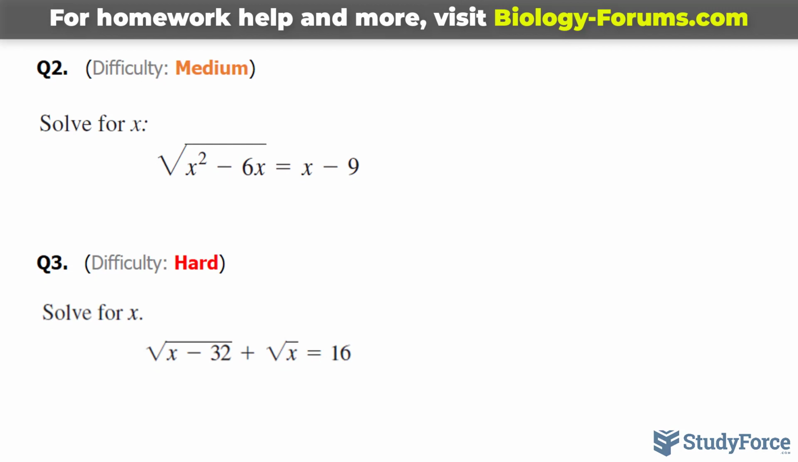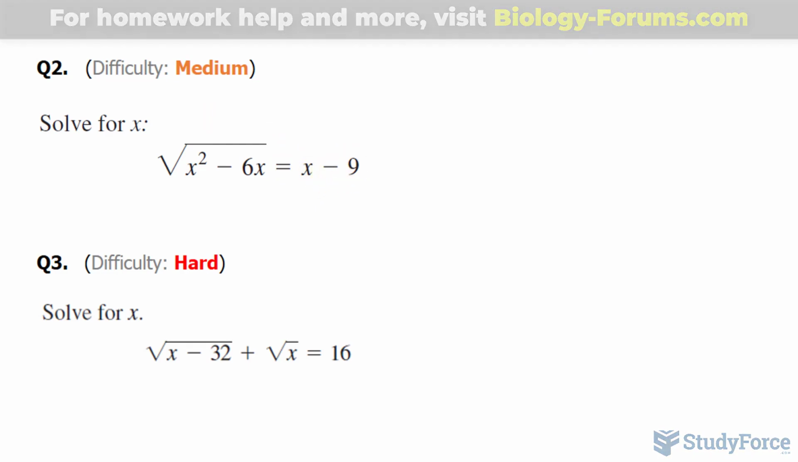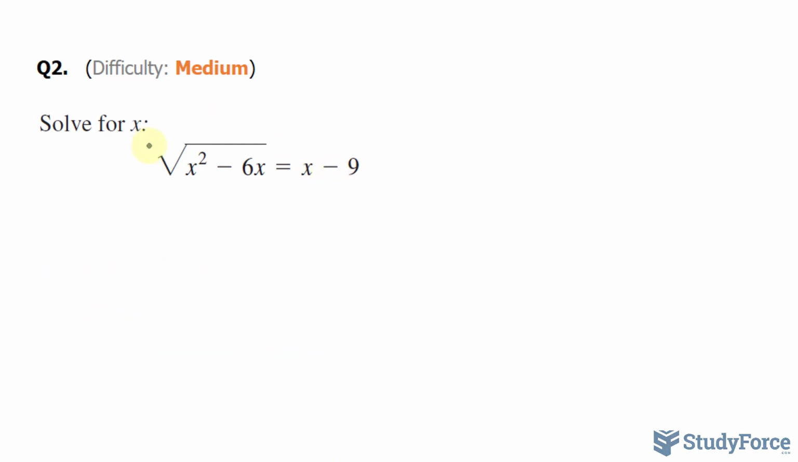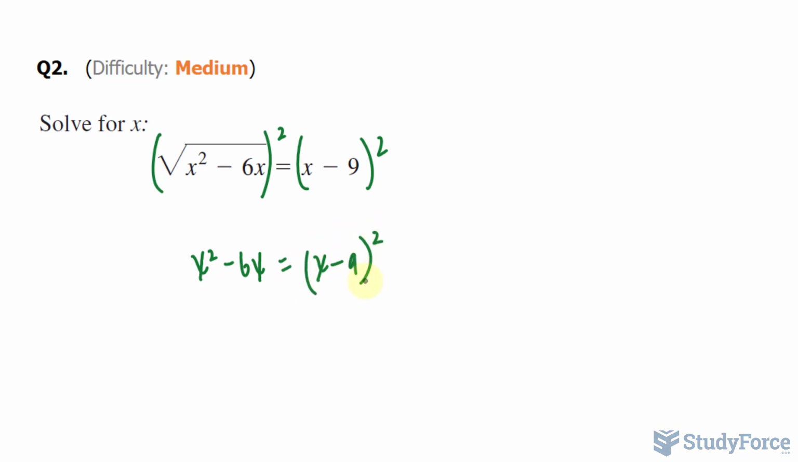Moving on to the medium level question, we have the square root of x squared minus 6x, that's on the left side, is equal to x minus 9. So again, I'll use the same technique as before. I'll square both sides of the equation so that I can eliminate the square root, and that opens up the terms on the inside called a radicand. So squaring a square root gives us x squared minus 6x, and on the right side we have x minus 9 squared. I will expand that, x minus 9